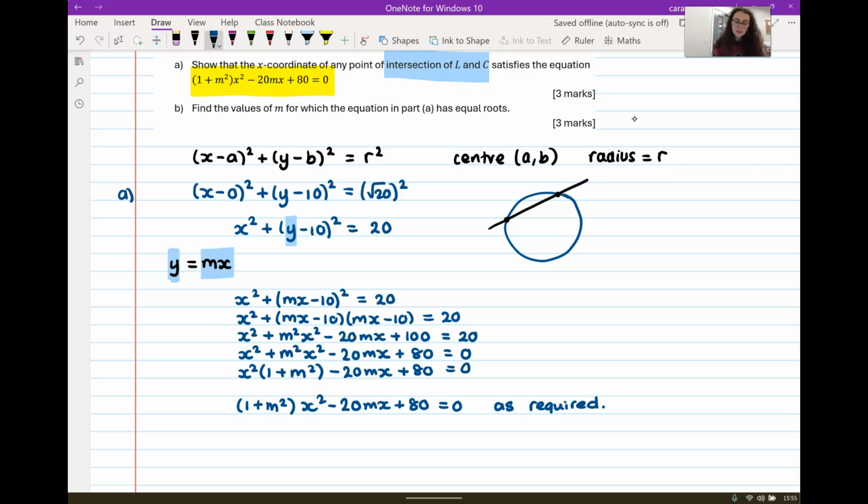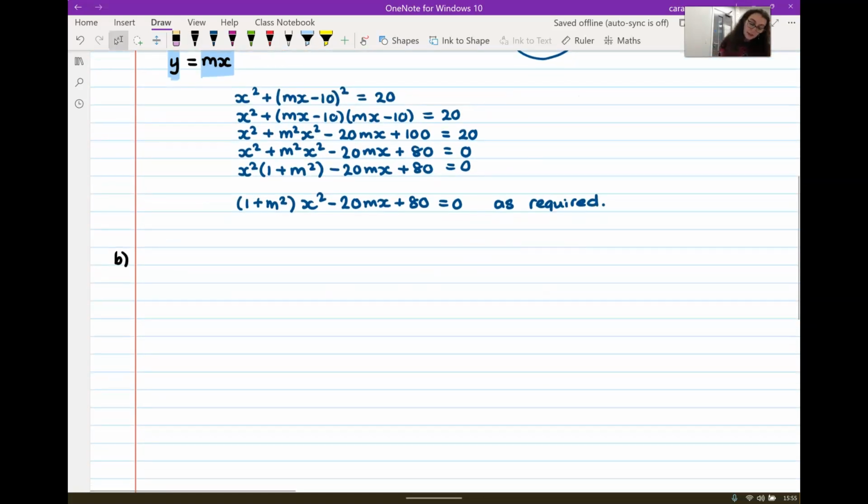Part B says that I've got to find the values of m for which the equation in part A has equal roots. Okay. So for equal roots, I know that that's to do with the discriminant, and I know that the discriminant of a quadratic equation has to be equal to 0 when it has equal roots. So I'm just going to write that down. I'm going to say for equal roots,